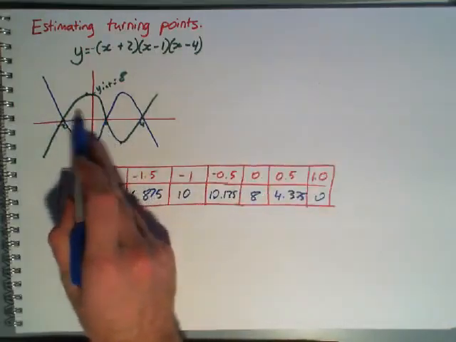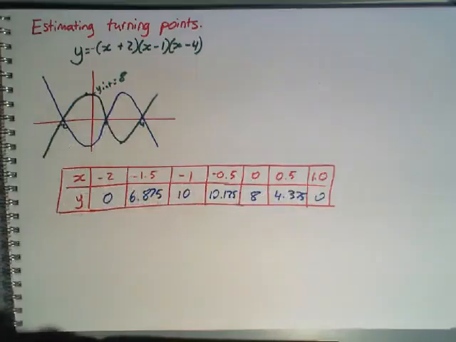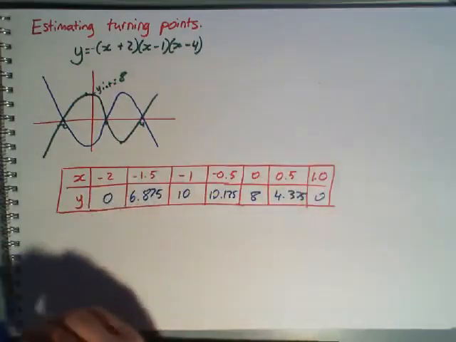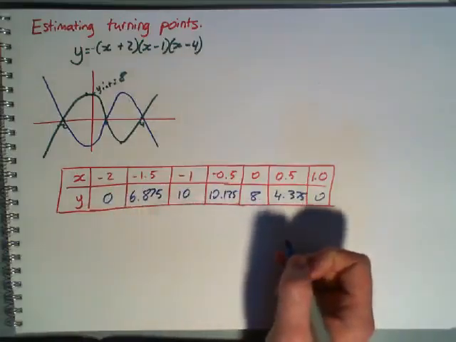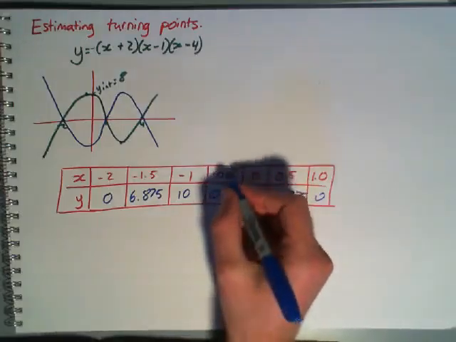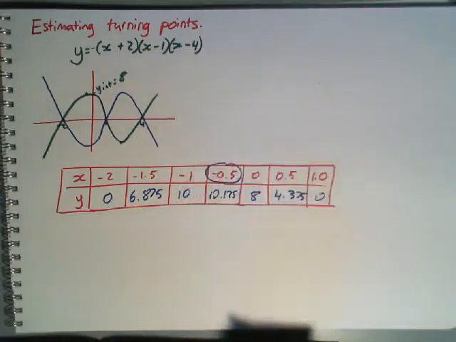So we get the zeros at the ends because that's where our x-intercepts are. So that's a good thing to check that works. So as a first approximation, the maximum turning point lies near the point -0.5 and